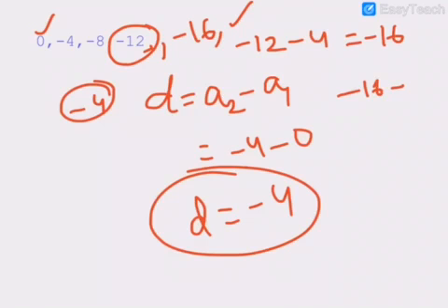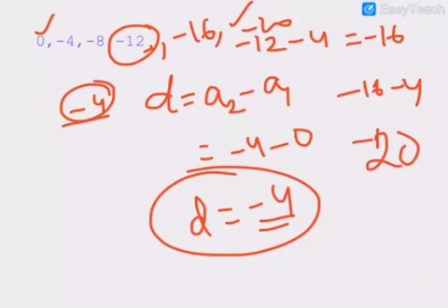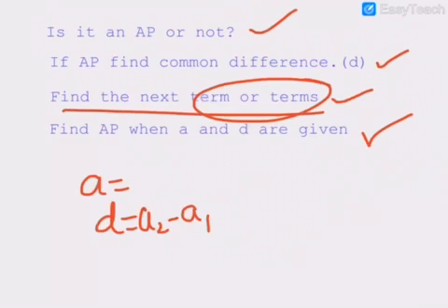You have this one model of sums. And the last model is find the AP when a and d are given. For example, they have given you a is equal to 5, d is equal to 2. Find the arithmetic progression. You can do it very easily. That is the first term. What is our formula? a, a plus d, a plus 2d, a plus 3d, and so on. So a is 5, a plus d, 5 plus 2, how much? 7. a plus 2d, 2 twos are 4, 5 plus 4, 9.